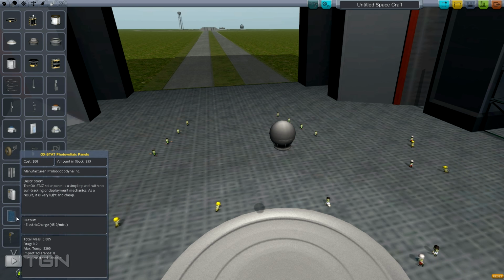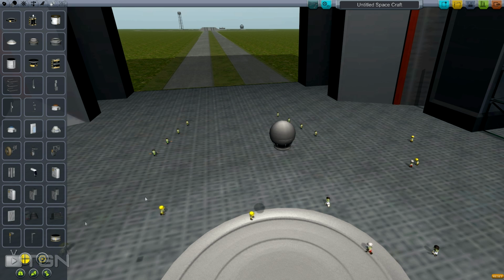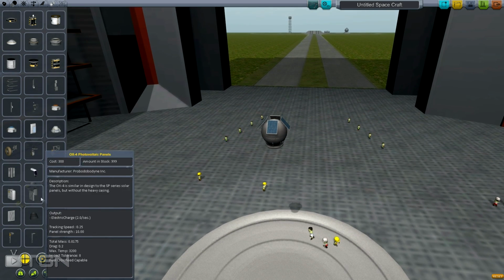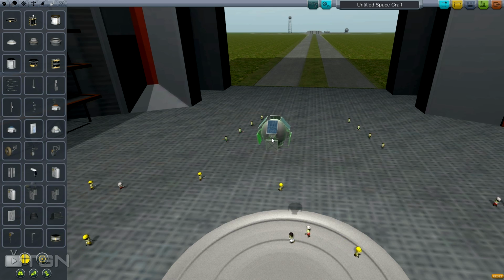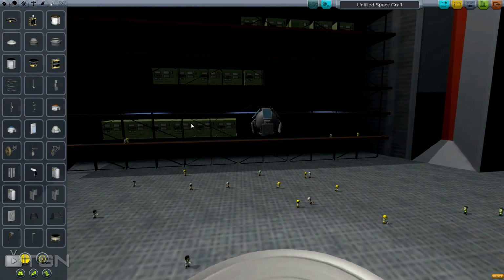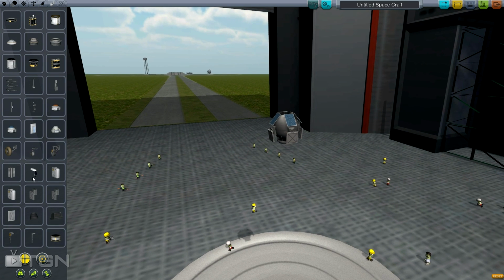So that's an extremely long time. They're not very powerful, but they're really, really tiny. So if we stick them on here, as you can see, they're not very big. But the other ones are. They're a lot bigger. So if we were to stick some of these on here, you can see they're bigger. Next up, we have the